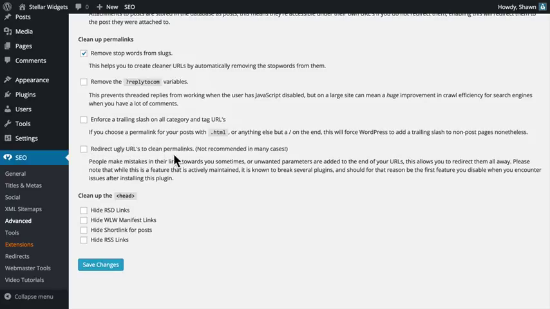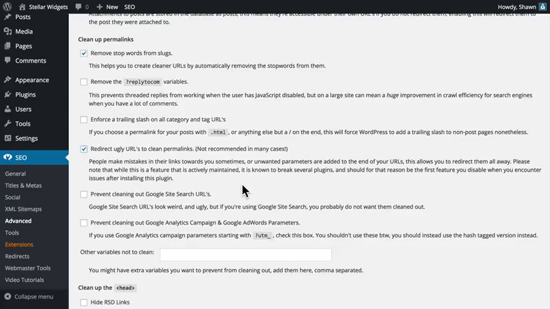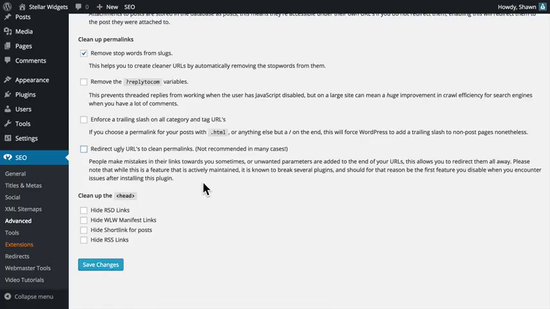Sometimes other people make mistakes when they link to your site. Or some services like Buffer and others add strings of parameters to the end of your URLs. This option allows you to redirect them all away. Activating this option reveals additional options that you'll need to configure in order to clean those links. But in most cases, this is really not recommended, and in fact, there are some plugins that will break if